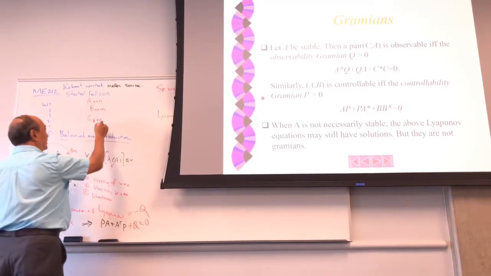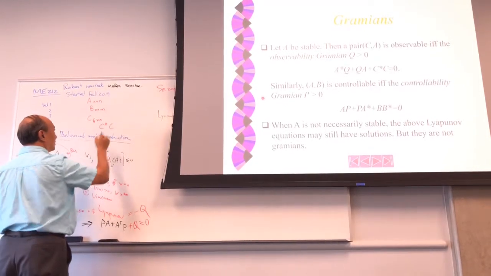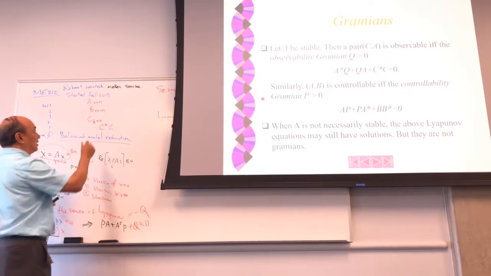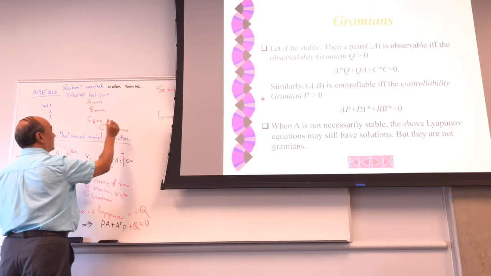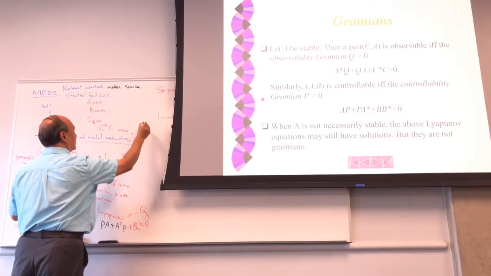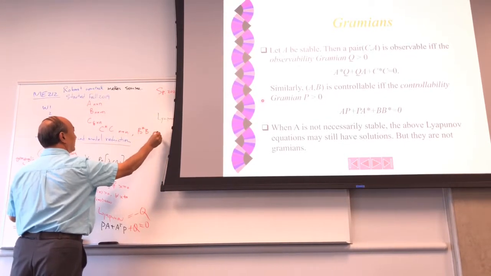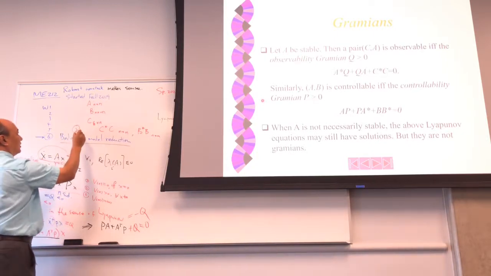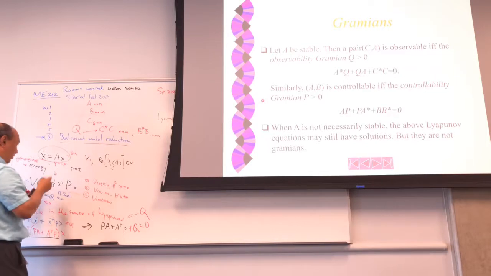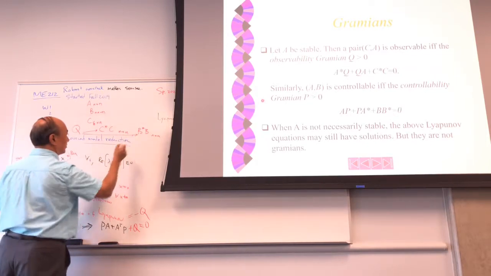So C transpose C will give you what? Q, so it is n by n. And B transpose B is also n by n. So if I choose Q this way, or I choose Q this way, it will